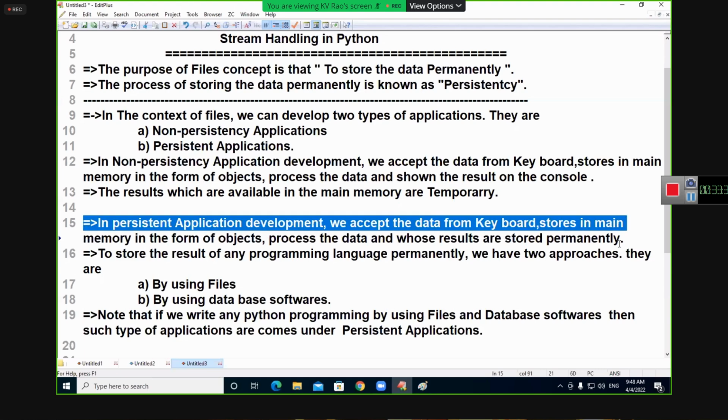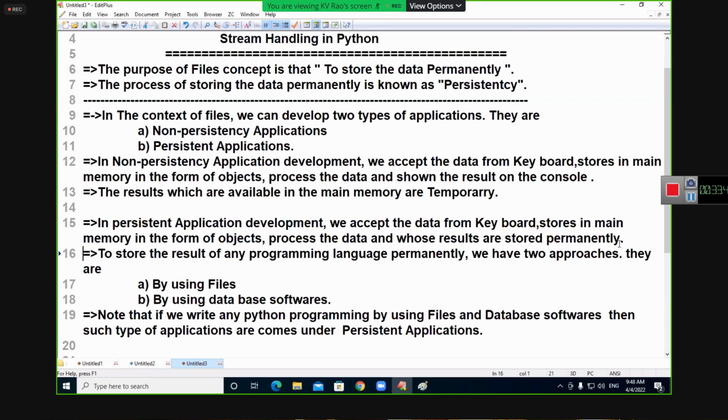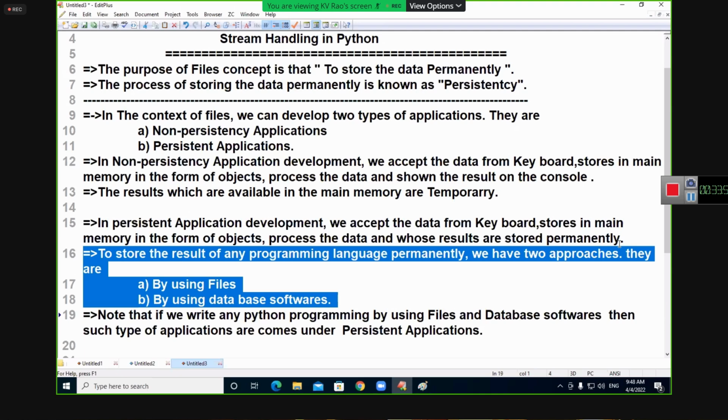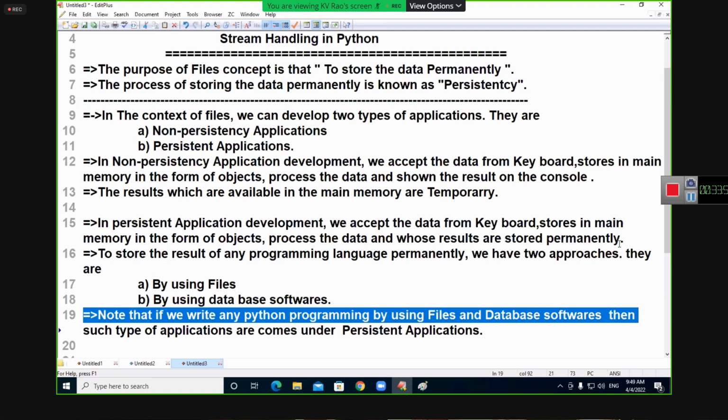In persistent application development, we get the data from keyboard compulsory. We store it in main memory. We process it. Whose results are stored permanently. So how many ways are there to store the data permanently? Two ways. Files and, yes, in Python programming, note that in a Python programming, if by using files, by using